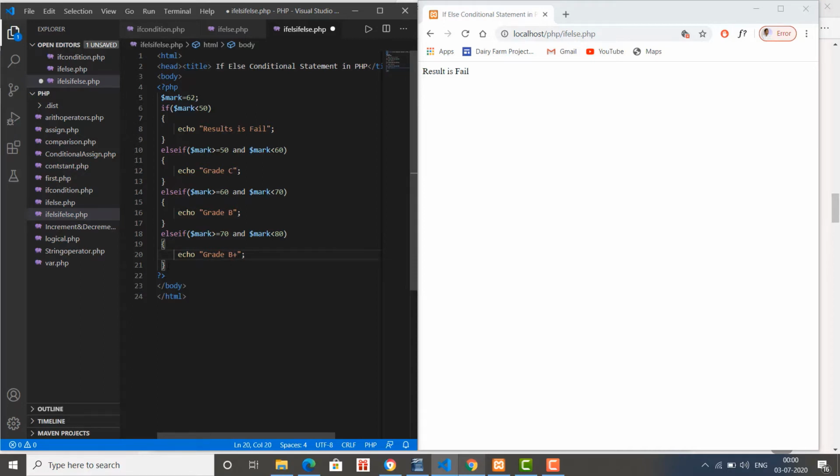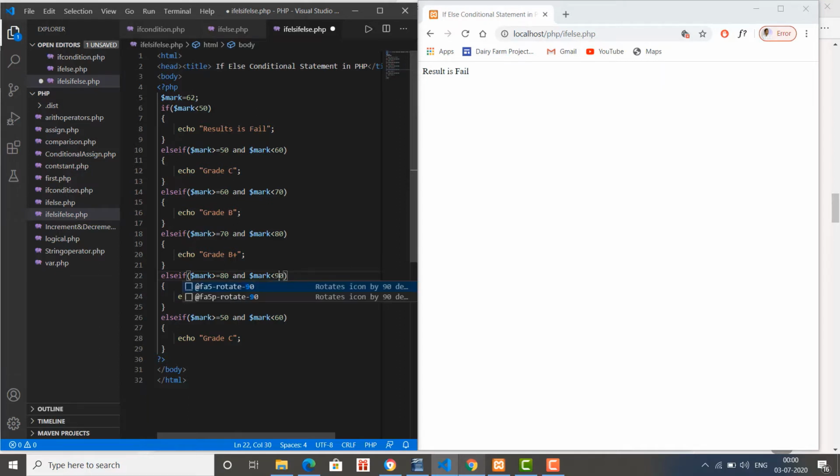In the last, we have to add one more to make it 100%. If marks are greater than equal to 80 and less than 90, then I assign grade A, and if marks are greater than equal to 90 and less than equal to 100, then I assign grade A plus.